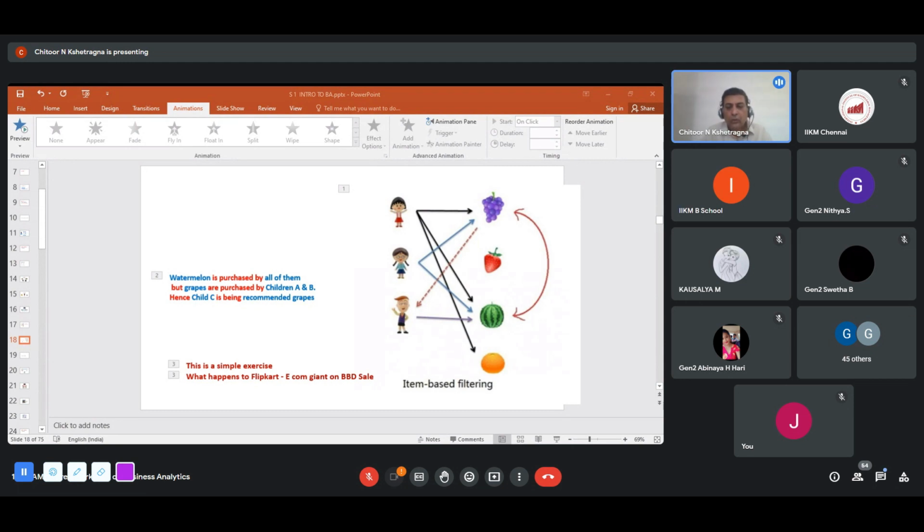Okay, how many of you know what is called a BBD? It comes sometime in October, November. Flipkart, Amazon, all run this. They have a one-page advertisement in Times of India, The Hindu. They'll send you emails. They'll send you messages. What is this BBD? People wait for this BBD sale. I just put it up on the chat. Yeah, exactly, Akshay. Big Billion Day sale.